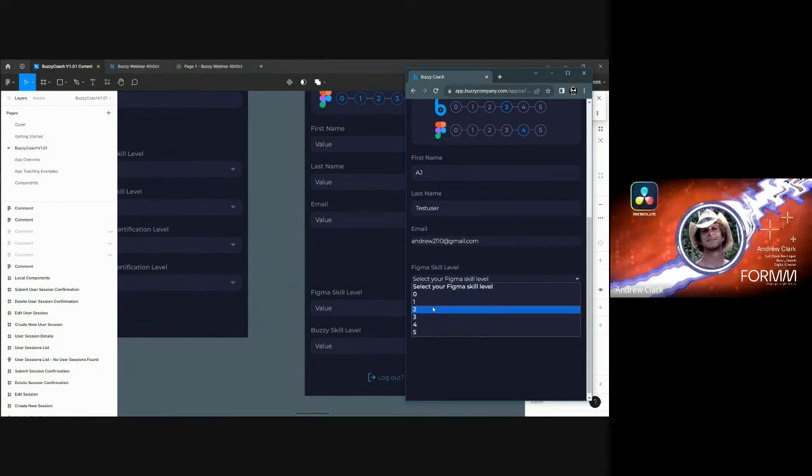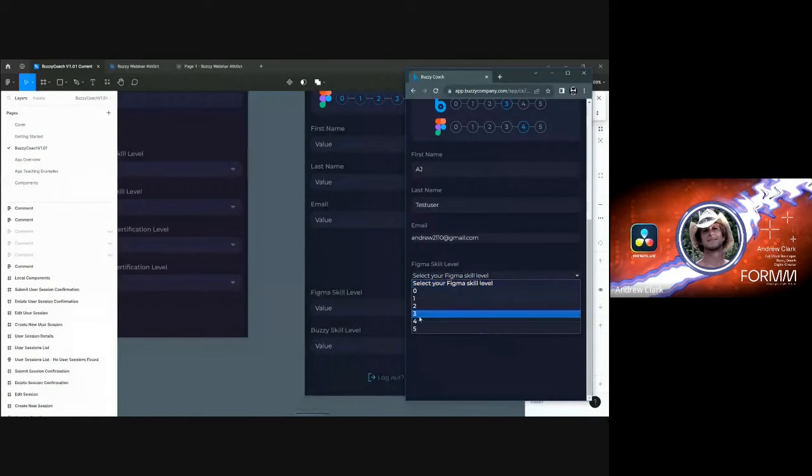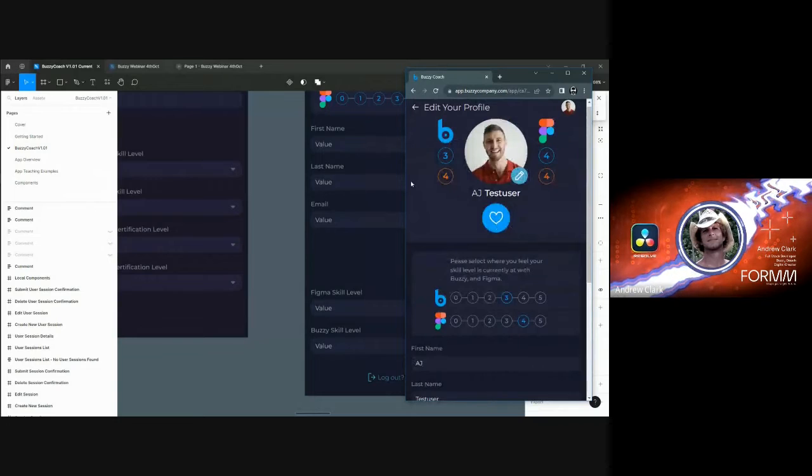So these are perfectly functional and might be fine for your use case. If you wanted to extend the UX and really make it a more interesting experience, you can start to use Buzzy markup to build your own inputs. So what we have here is the student and their ability to rate themselves with their skills with Buzzy. I can do that by simply clicking on these numbers next to Buzzy and the Figma logo to indicate that this user believes